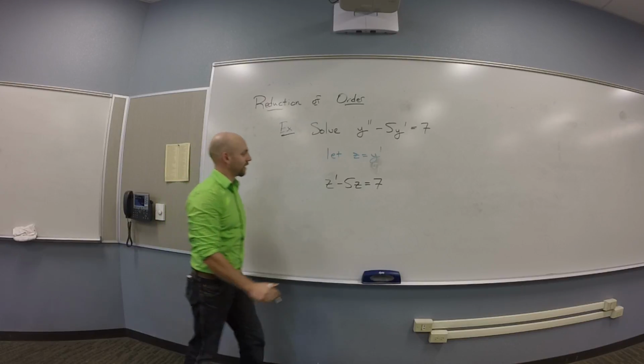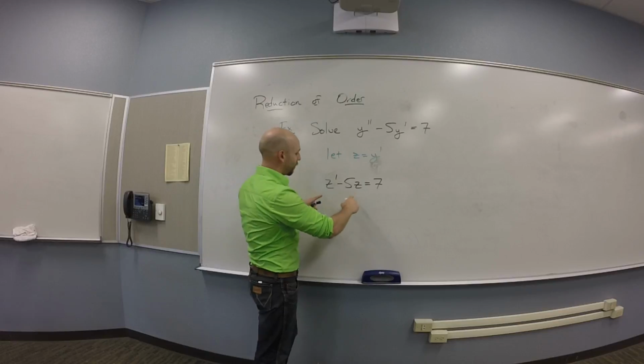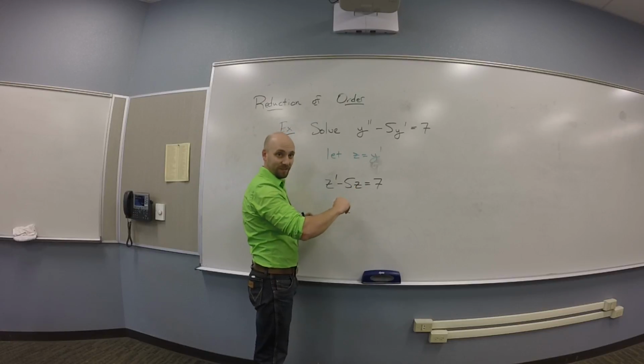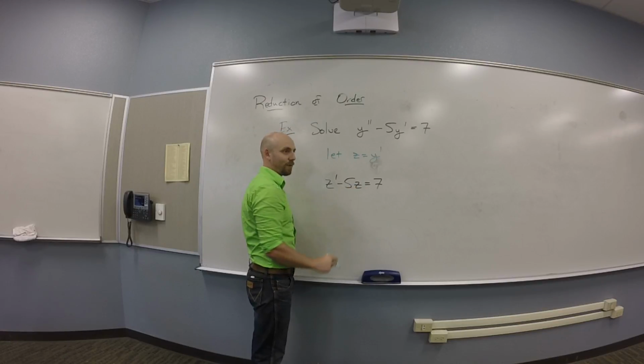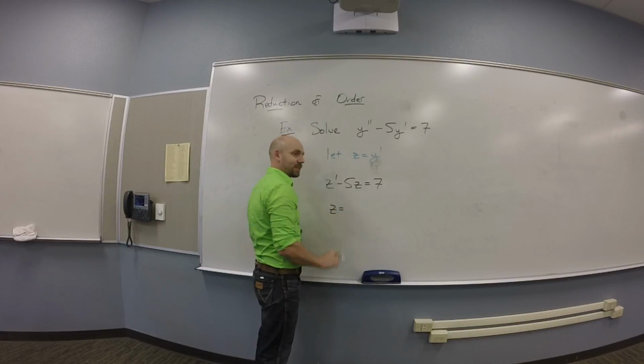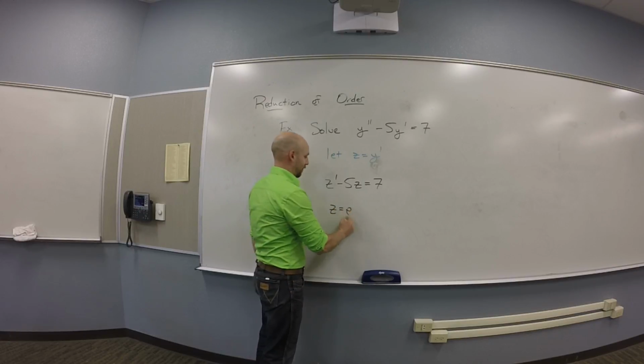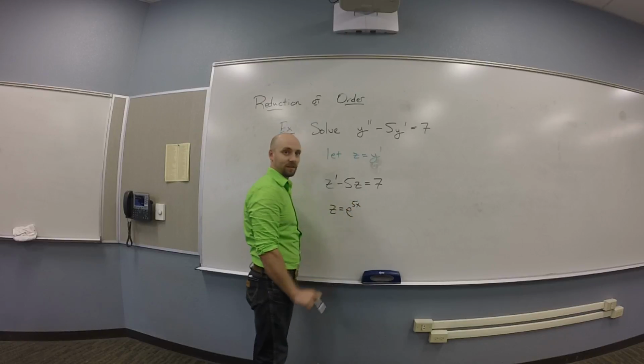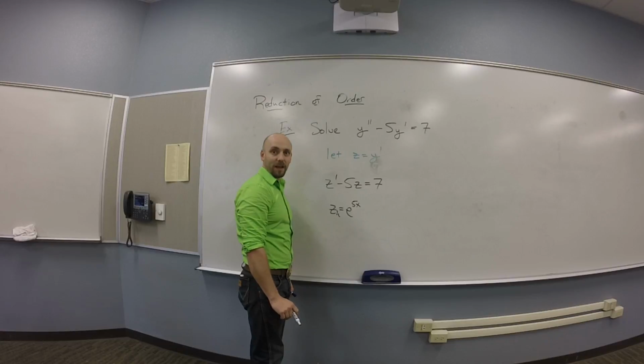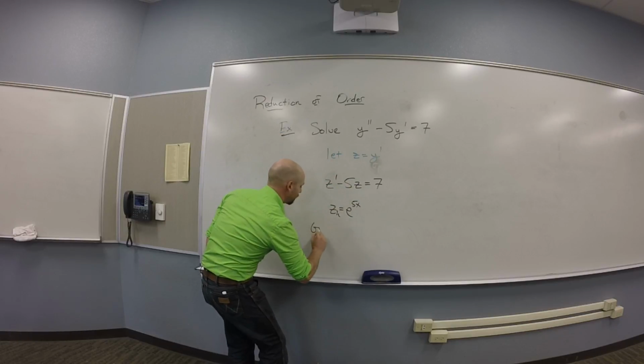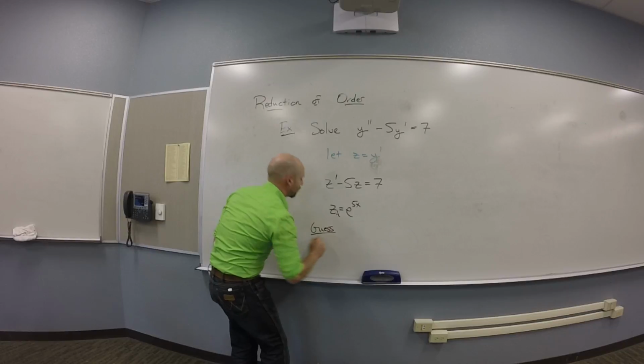In your sleep. So I go like, okay, I make the homogeneous version, right, which is just z prime minus 5z equals 0. So that would tell me that z is e to the 5x. Well, really that's z homogeneous, right? And then we do the guess thing, right? We do variation of parameters. So we guess